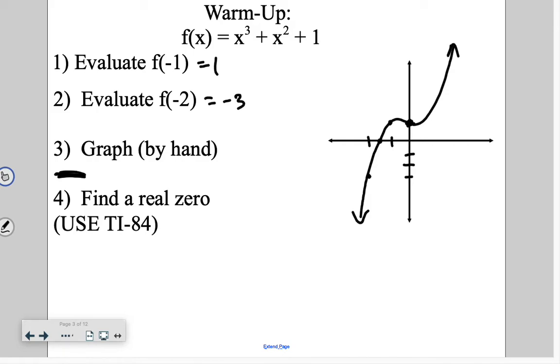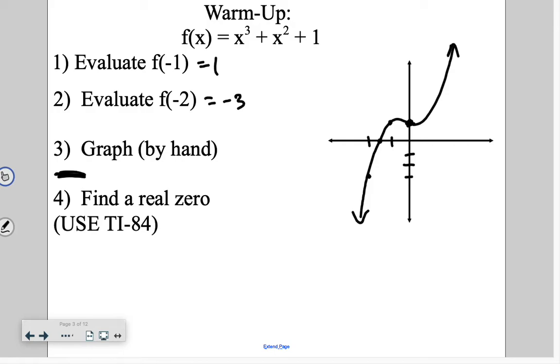Now, if I want to calculate that value, because right now you don't have any other tools to find it, you're going to go back into the calculate menu like you did with maximums and minimums. So you're going to hit second and the trace button, and it'll take you back to this menu again. Okay, second and trace. And instead of finding a minimum or a maximum, now we're going to use number 2. We're going to find a zero. So if you hit number 2,